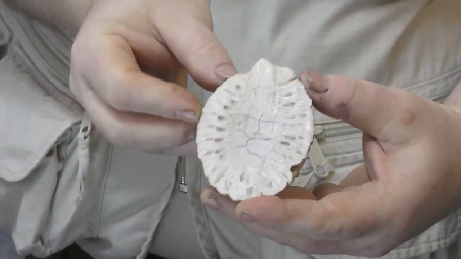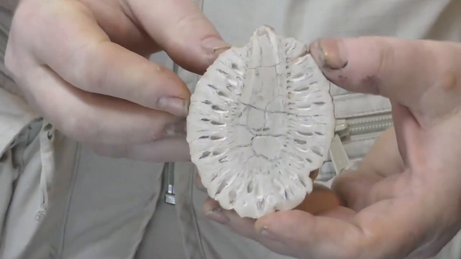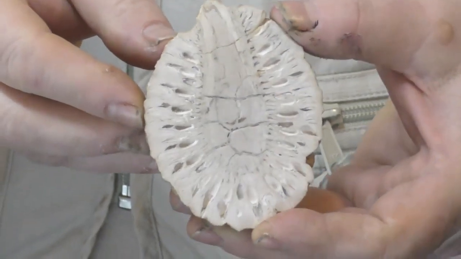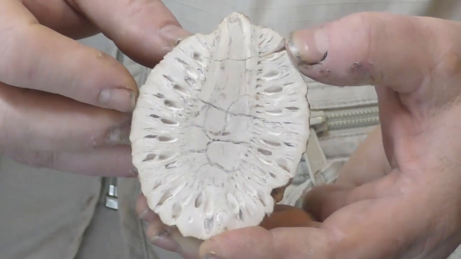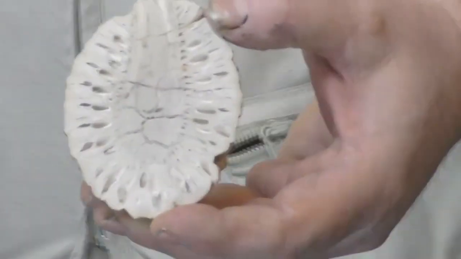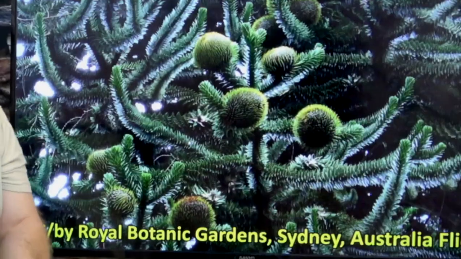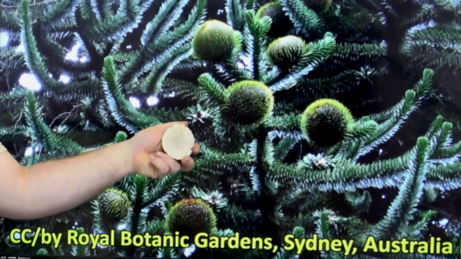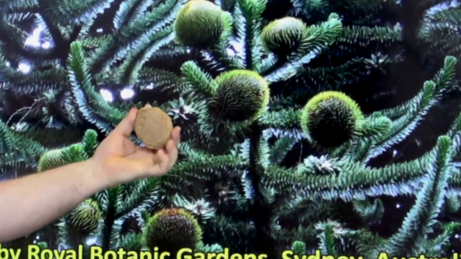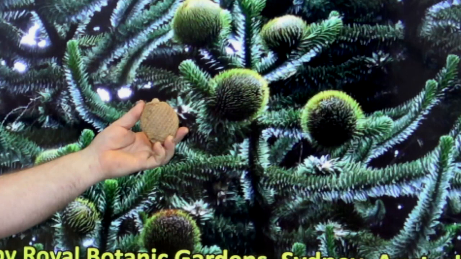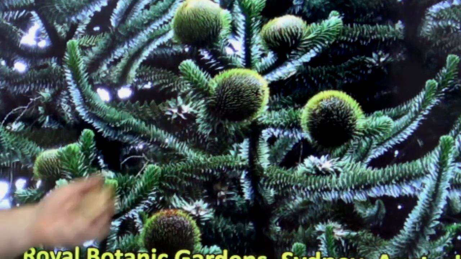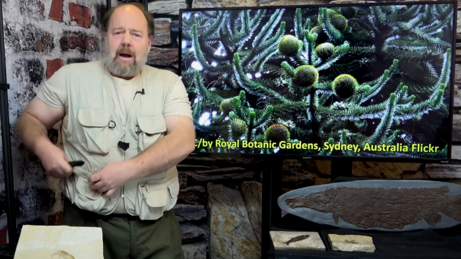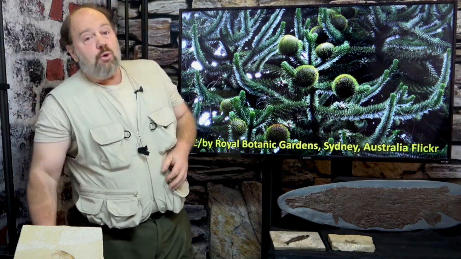It's been cut in half so you can see the internal structure and even the preserved seeds. How do we know it's the Wollemi pine? Because it looks just like the cones on the Wollemi pine. Nothing has changed. Speaking of dinosaur trees, next time you're in Alberta, Canada, make sure you stop in at the